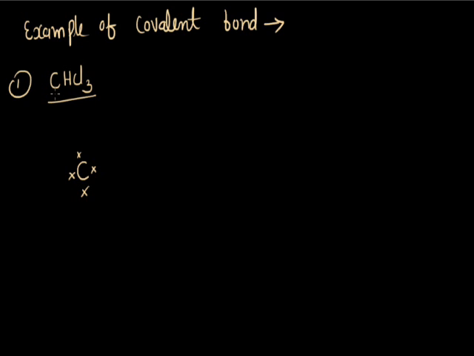Now, the problem is how we can identify the central atom. The first rule is that the central atom is that atom that is single in number. In that molecule, the two atoms that are single are carbon and hydrogen. If there is more than one single atom, then we follow the criterion of larger size. Carbon has the larger size compared to hydrogen, so in that case, carbon is the central atom.